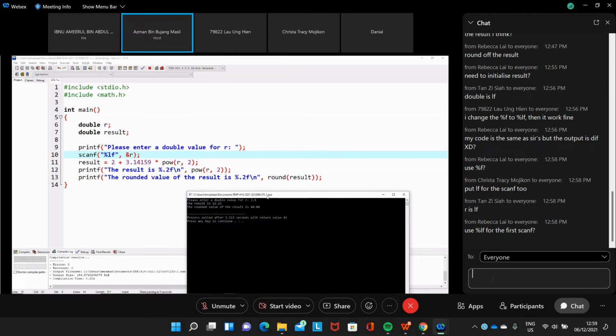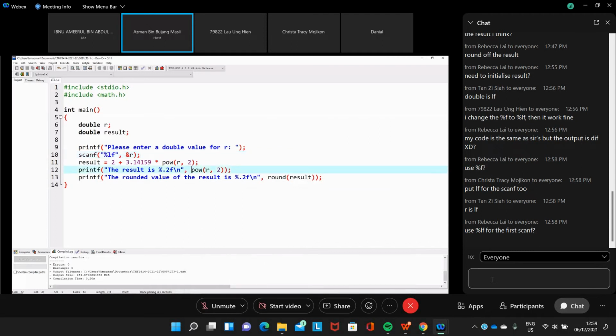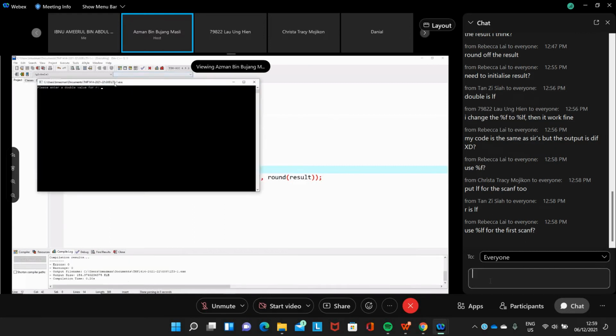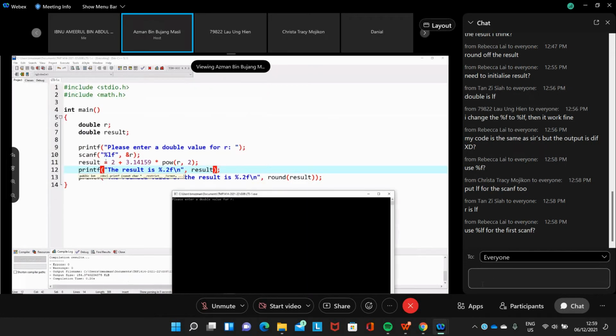So this one, when you run it again, 3.5, and now we get it correct. Okay, the answer is because of the power here. So this is the result. Now it should be okay. So the problem is the conversion specifier for scanf. If we want to read a double with scanf, you need to use %lf. So here we put 3.5. So now we get the result.